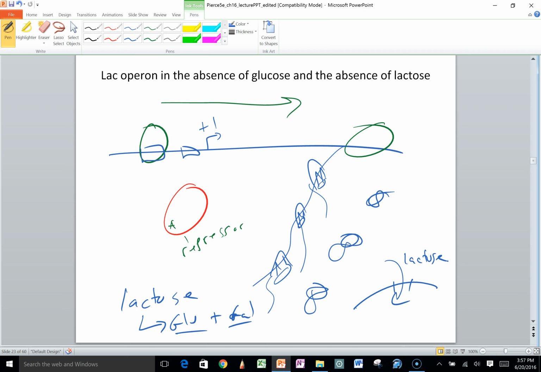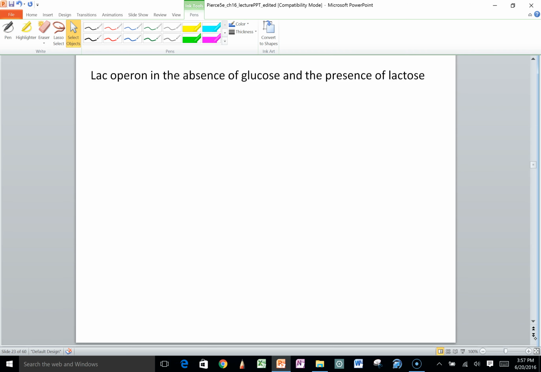So I would get used to drawing those out. Even where you're not asked specifically to draw it out, if you see a stretch of questions that are involved in lactose metabolism or the lactose operon, and you start drawing these things out, then it helps you answer the questions. It's very difficult to answer these questions just off the top of your head. Always have a,